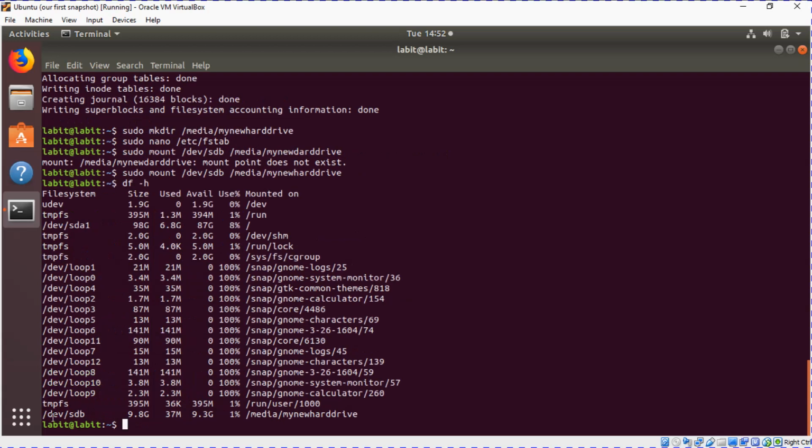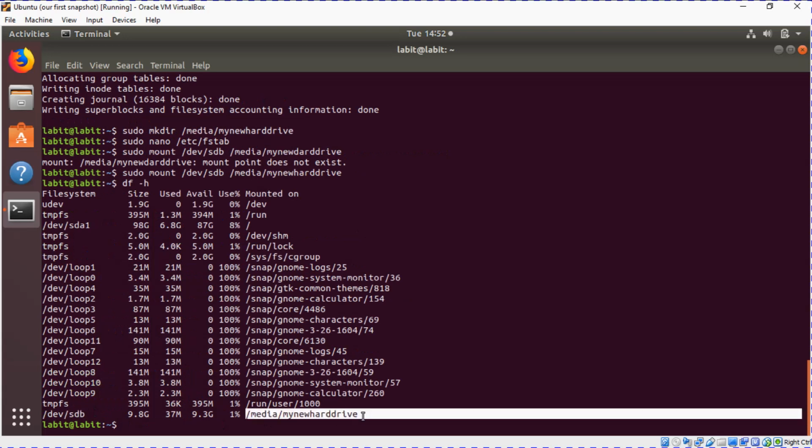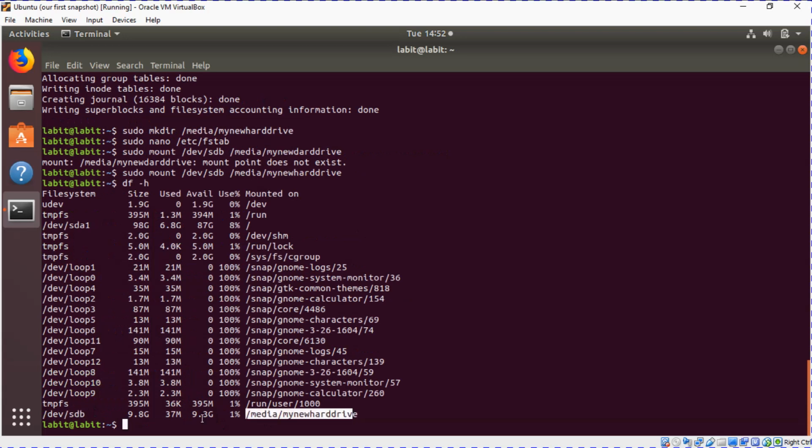And as you can see, /dev/sdb is mounted on /media/my new hard drive now, and it has a size of 9.8 gigs and it's only 1% used. So we can go into /media/my new hard drive,